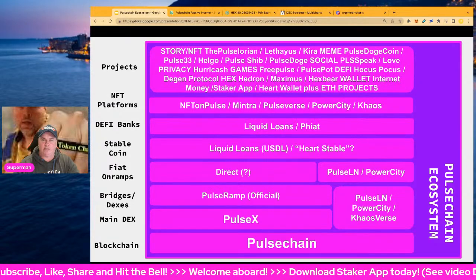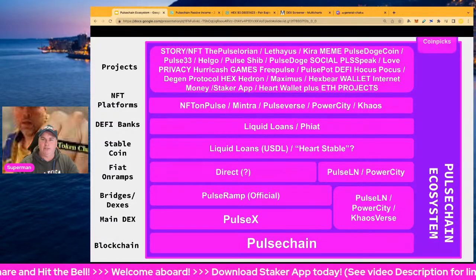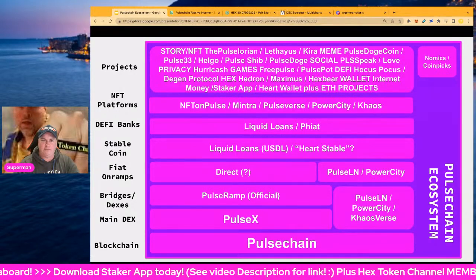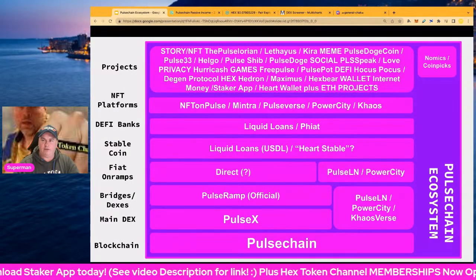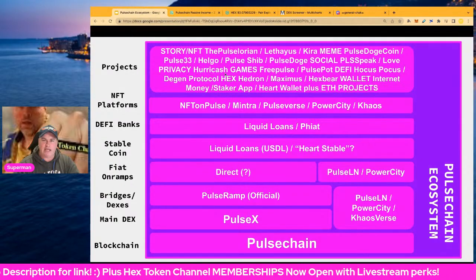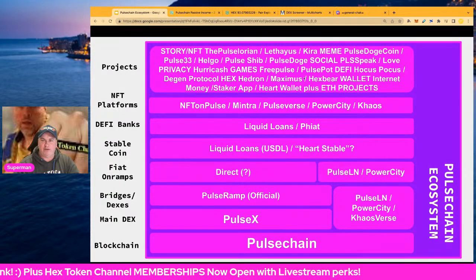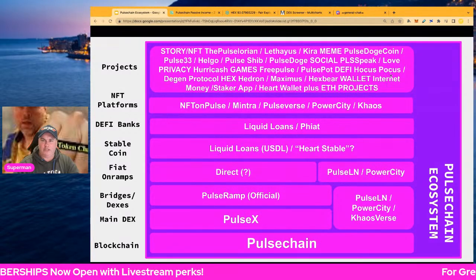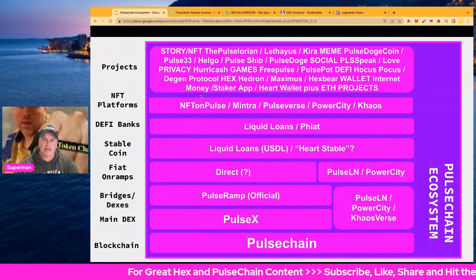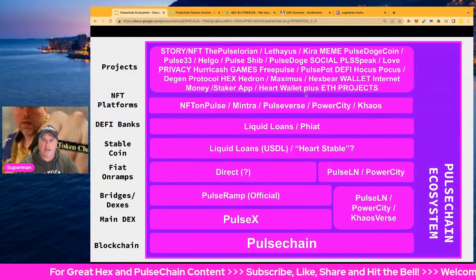Algo has other tokenomics as well: liquidity pools, Pulse Shib, Pulse Dodge, and then of course we have Social, PLS Speak, Love. We have PL Speak there, Love. We have Privacy Coins, Hurry Cash. And we've got Gains, Free Pulse Pot. We've got DeFi, Hocus Pocus, DGN Protocol, and of course Hex. We've got Hedron, Maximus, Hexbear, and of course we've got wallets, Internet Money, Staker App, Heart Wallet, and of course